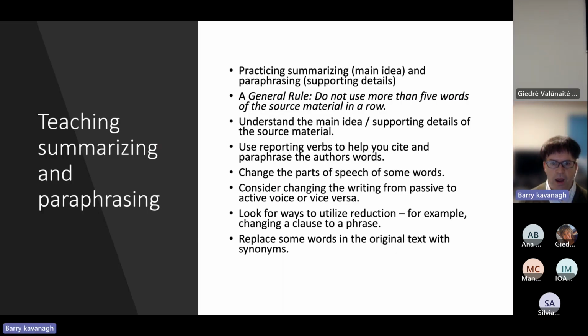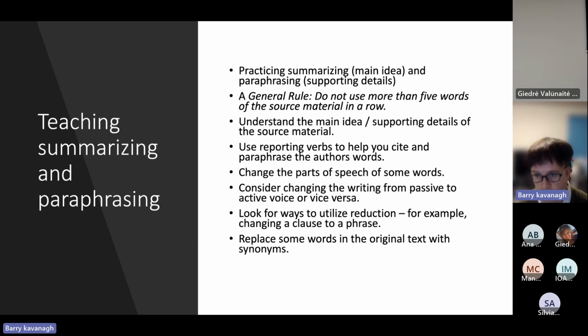So prior to doing this experiment, and as part of the course, we did many activities and exercises by breaking up the main components of summarizing and paraphrasing. So summarizing, getting students to find out the main idea of the passage that they're summarizing, and then paraphrase with supporting details. So we went through some rules of what to do and how to understand the main ideas,